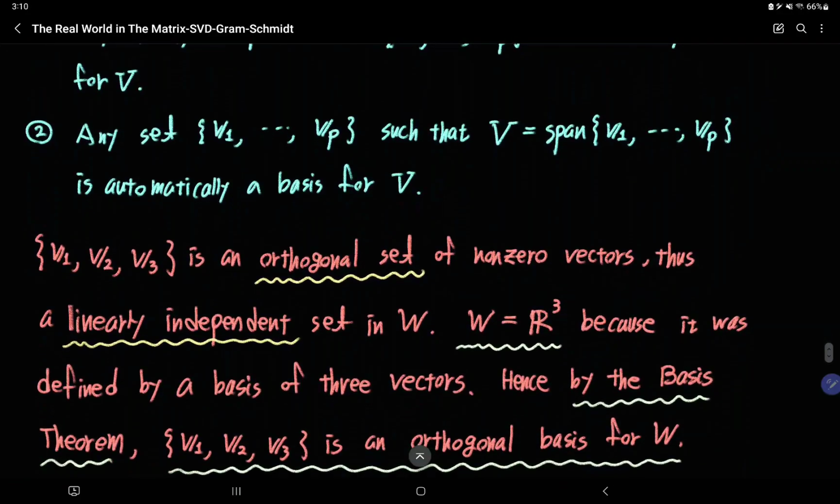Now applying the basis theorems to the problem, example 2: v1, v2, v3 is an orthogonal set, right? And thus linearly independent, makes sense. Otherwise v1, v2, v3 would not be an orthogonal set. Then W is R3 because it was defined by a basis of 3 vectors. So by the basis theorems, v1, v2, v3 must be an orthogonal basis for W. We constructed v1 through v3 as orthogonal to each other, so this is an orthogonal set. Since they are orthogonal, they must be linearly independent, and the number of vectors is equal to the dimension of W. Then by the basis theorems, that must be